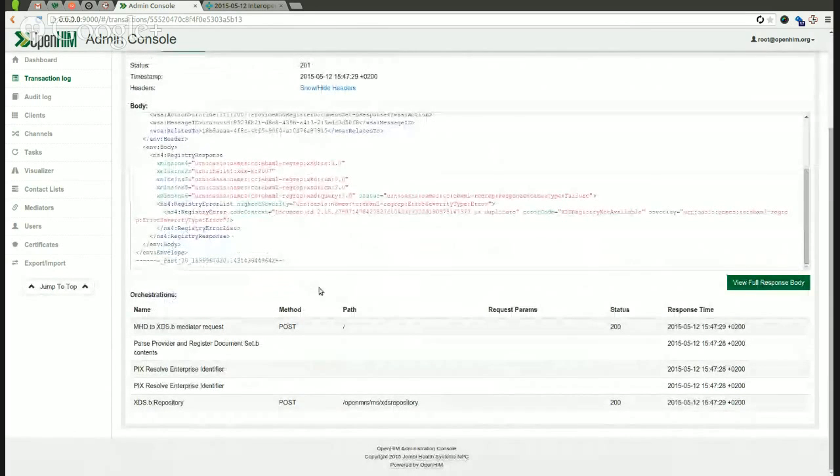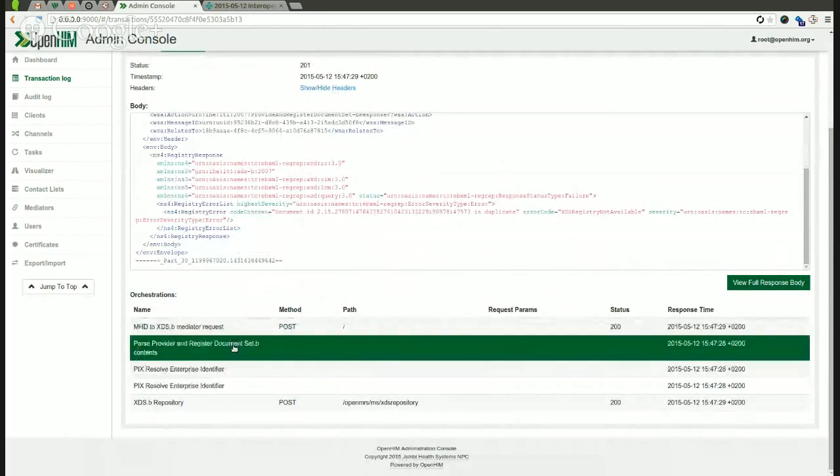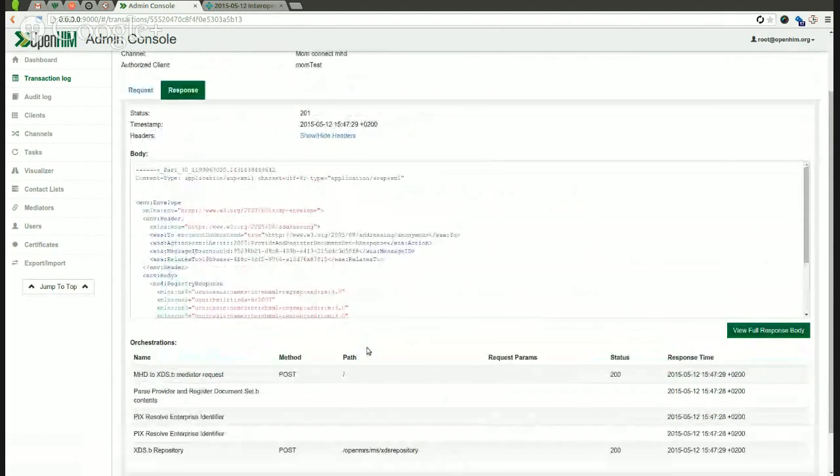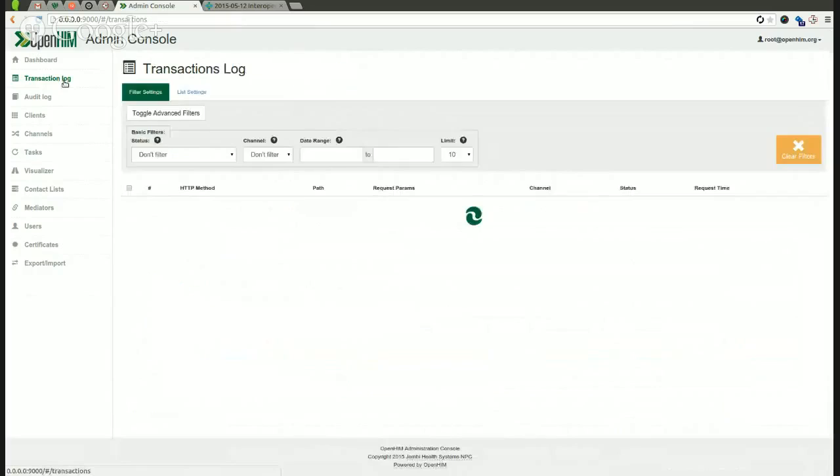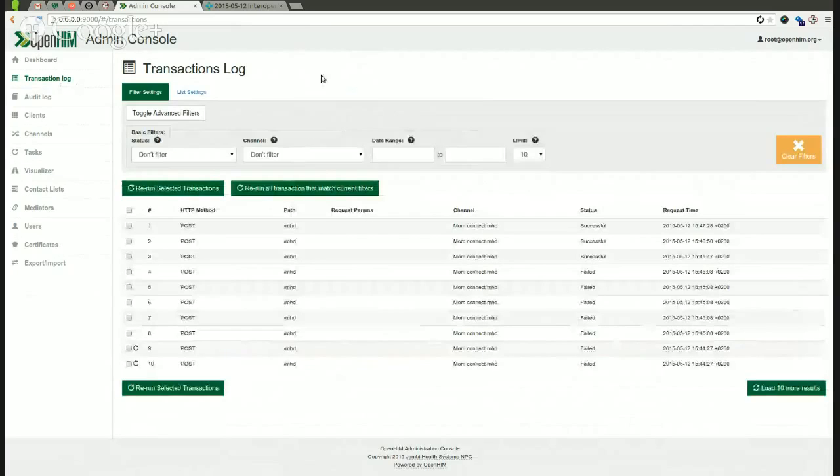So what the OpenHIM tool does is it actually makes these visible to you. So I won't go into those in too much depth now. Let's perhaps move on to some of the other pieces that might make this make a little bit more sense. So that was an overview of the